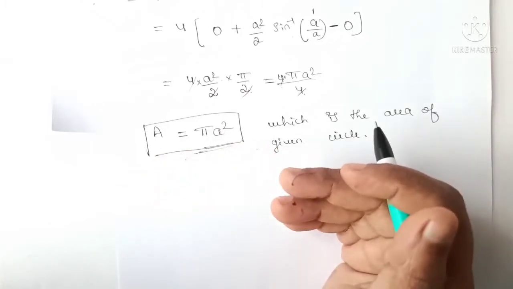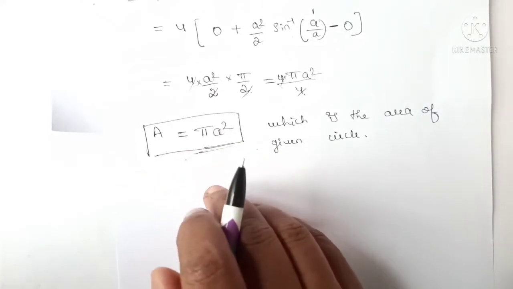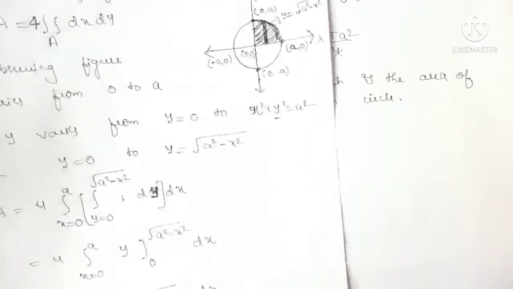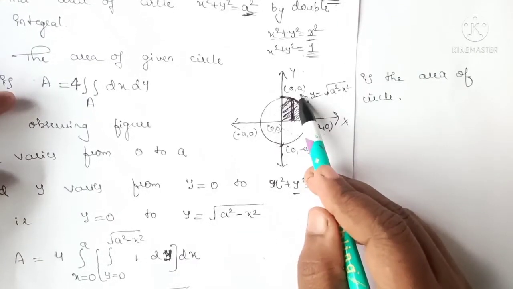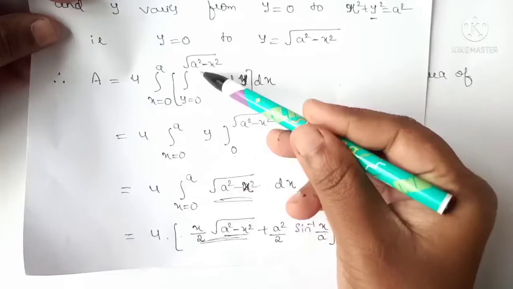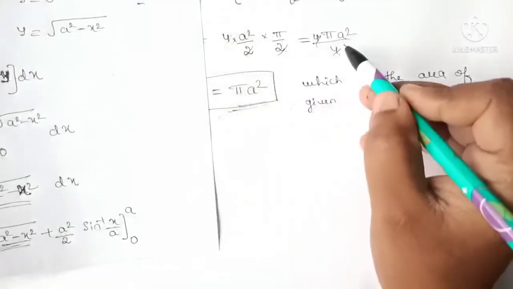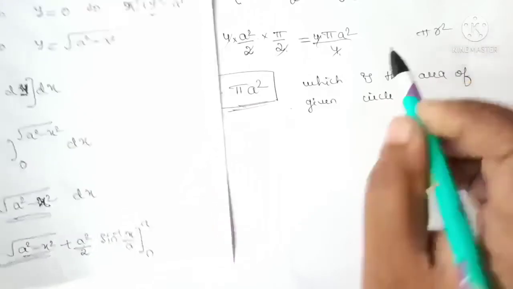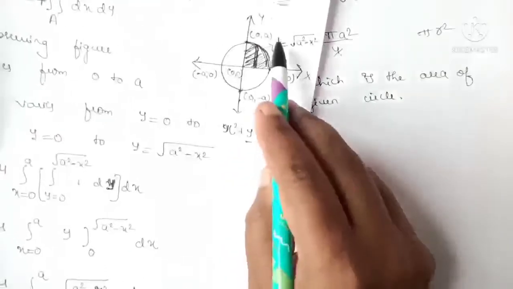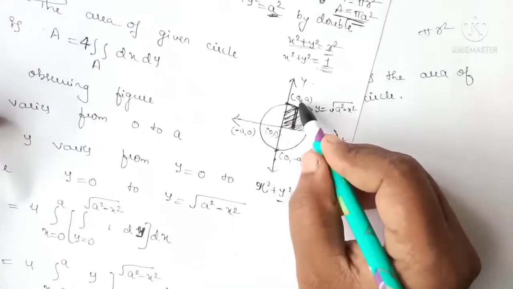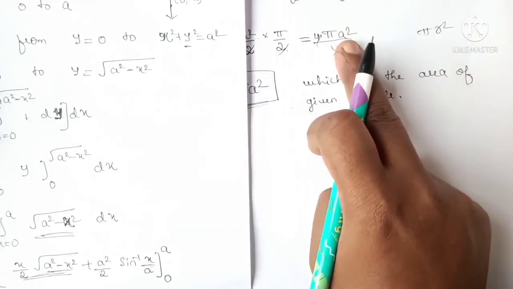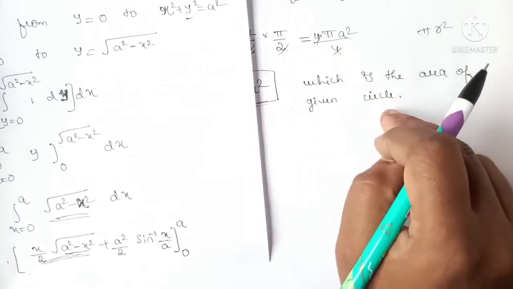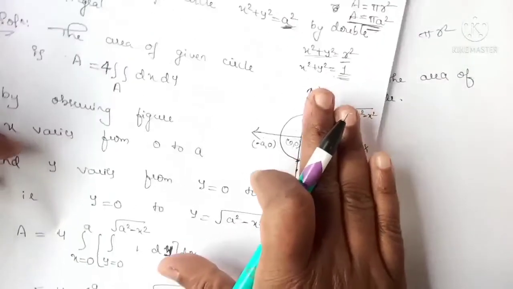You can prove this by single integration also. So if the question is given as x square plus y square equals r square, you just change this a to r, so wherever you have a, just represent it by r, then the final answer you will get is pi r square. If a equals 1, so that these points will be 0, 1, 1, 0 like this, wherever you have a you will get 1. So in the final answer a square will be 1 square, which equals simply pi. So according to the question, you change the representation.